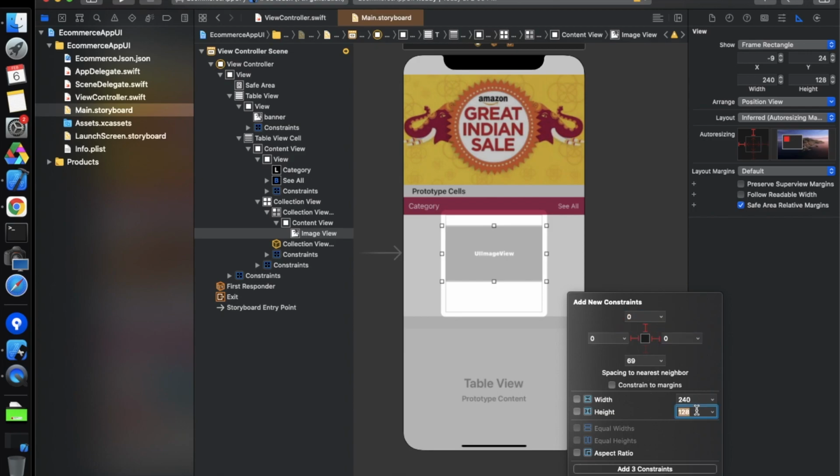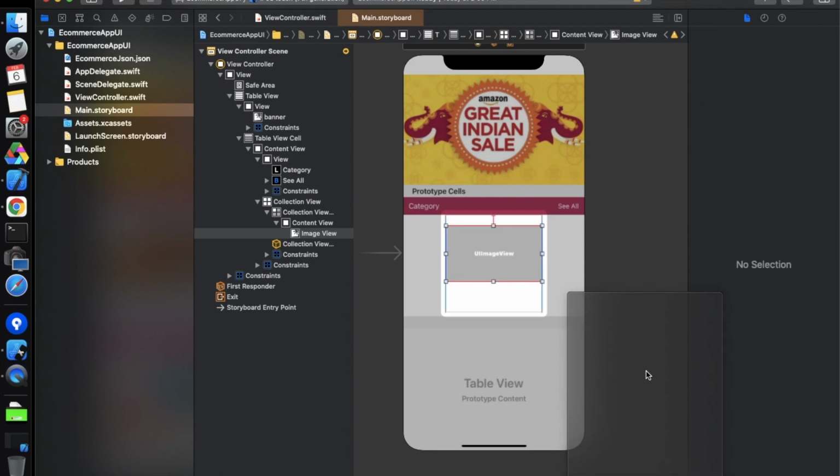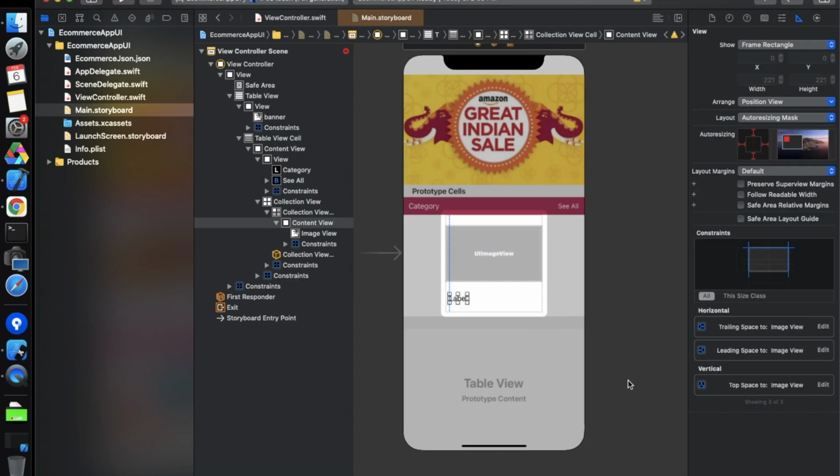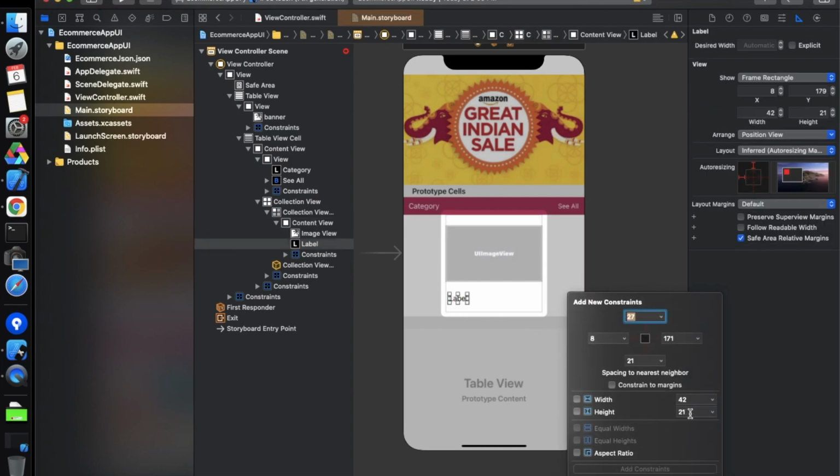If we want to define the height of this image, you can define it, but I'm not going to define this, because we have to take one label. We will define the height of that label, because that label always remains fixed. The height can vary according to the need. So just take the label. The height should be like 30 pixels or 40 pixels, it's totally up to you. And from all the sides it should be 0, from leading, trailing and bottom, something like this.